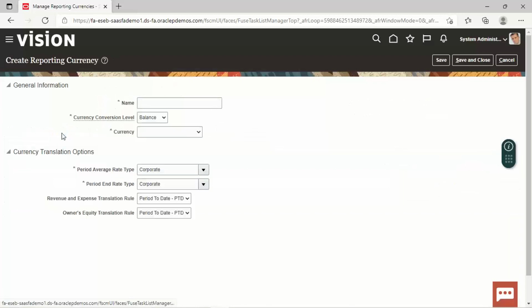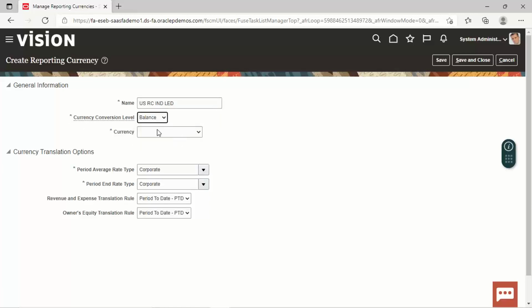So for that, we'll click on the create icon. So we can give the name as USRCINDLED. This stands for US reporting currency India ledger. Over here, we can select the currency conversion level.